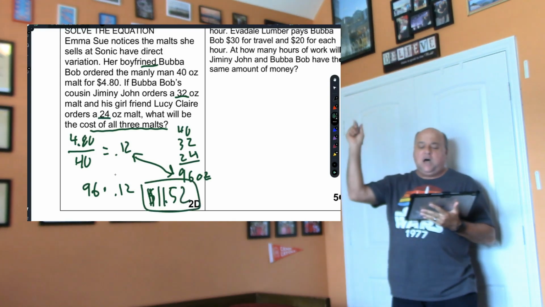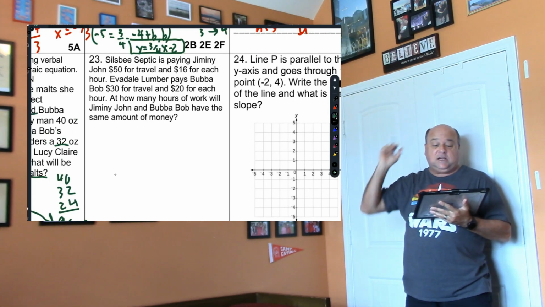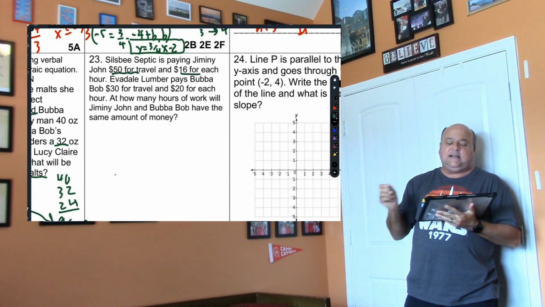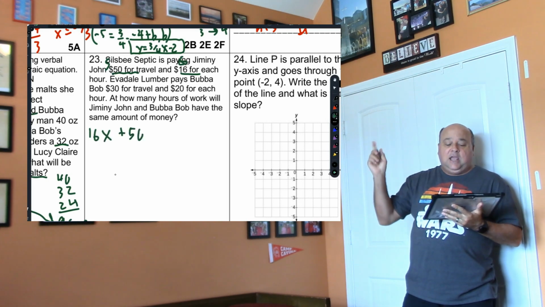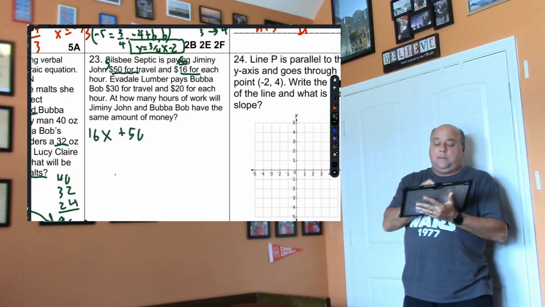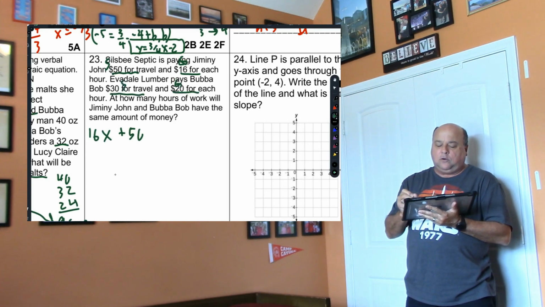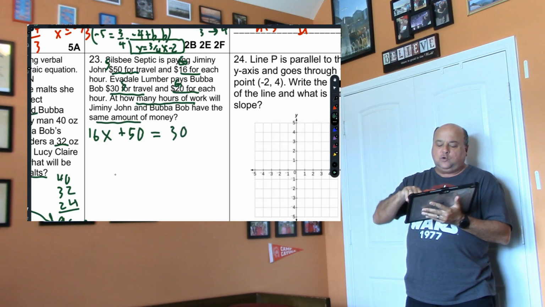Let's keep going. Okay, on this one right here, Silsby Septic has paid Jiminy John $50 for travel and $16 for each hour. This is starting and growing. So 16x plus 50. Evadale Lumber pays Bubba Bob $30 for travel and $20 per hour. So this is also starting and growing. At how many hours will they have the same amount of money? So we are going to set these equal to each other. So this will be 20x